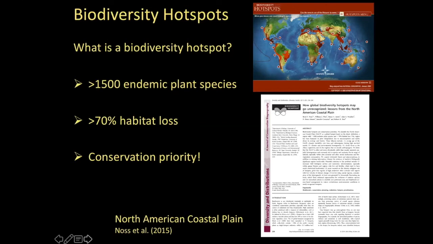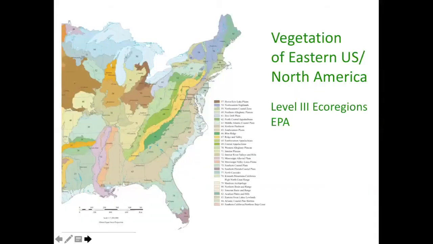And part of the reason for this is that this is an area that has been under settlement for a long period of time, and yet it still retains a lot of biodiversity. So just to orient you a little bit, this biodiversity hotspot runs from essentially the mid-Atlantic region down along the southeastern coast. It encompasses most of Florida. Then it goes along the Gulf Coast all the way to eastern Texas. And then because of the low elevations around the Mississippi River, it actually goes quite far north through Louisiana and northward there. Now, although this is a fairly large region and it has approximately 6,000 plant species,